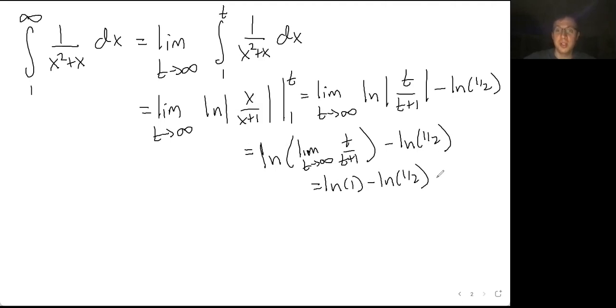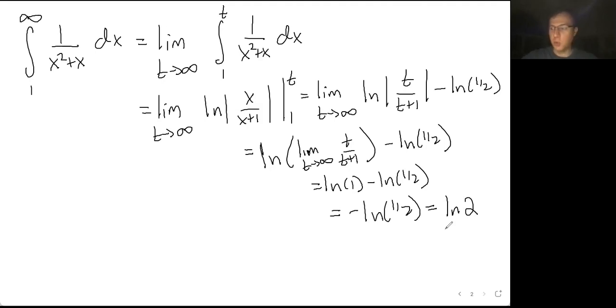And the natural log of 1 is 0. If you like, you can use one more logarithm rule. You can bring a negative up as an exponent. 1/2 to the negative first power is the reciprocal, and we get the natural log of 2. Which, especially these last steps, isn't really necessary because when we're doing this, we don't actually care what the number